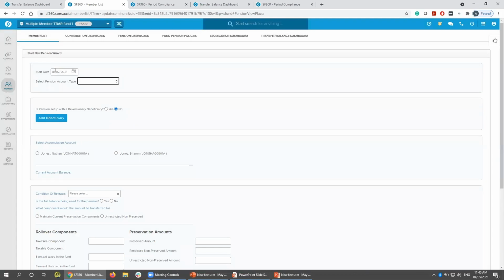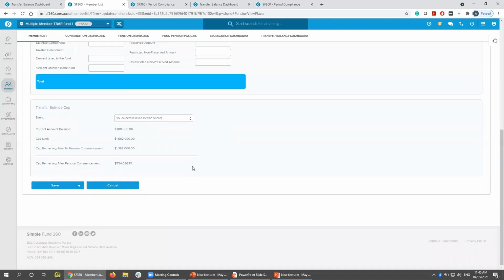So let's go 1 July 21. Let's say we want to start a new pension for Sharon. If you scroll down, we actually do the TEBA indexation calc for you for the future year. So if you want to do a what if scenario to determine, I don't know, even in terms of the cap bring forward rule, if you want to make decisions in this financial year for next financial year without sort